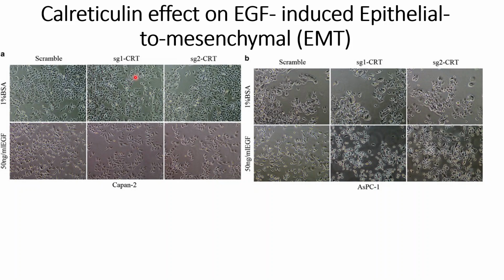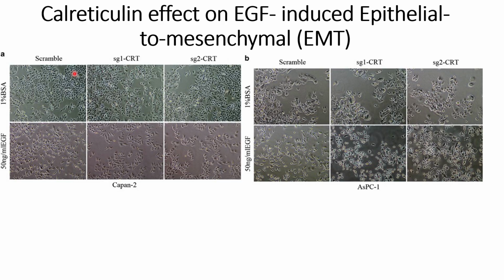In this video, we will discuss the results where they check the effect of calreticulin on the EGF-induced EMT. In the previous video, they showed that they made calreticulin-silenced Capan-2, AsPC-1, and also BXPC3 cell lines. Now they wanted to check whether this affects the